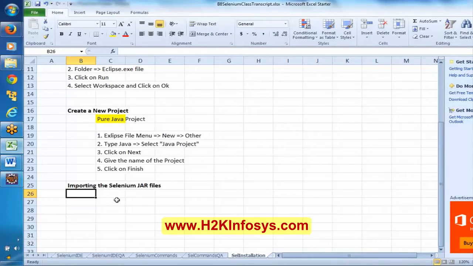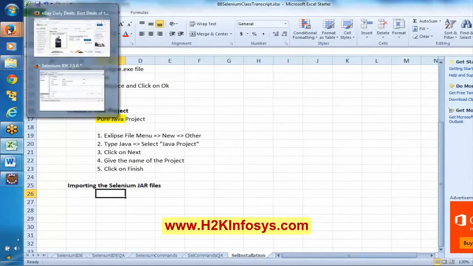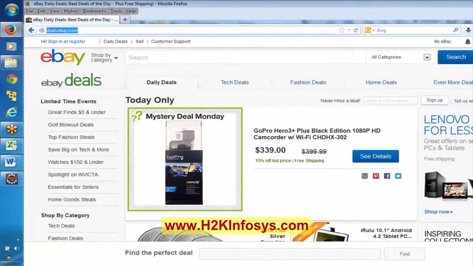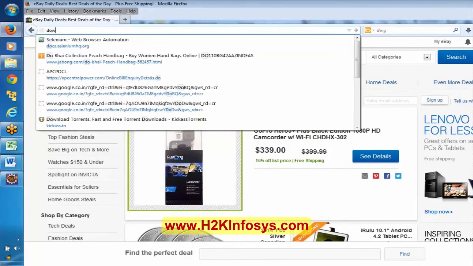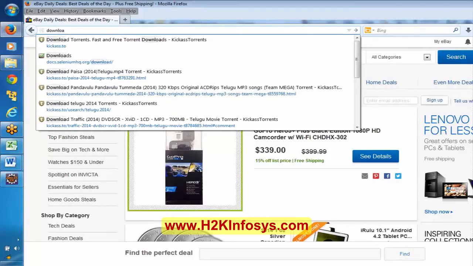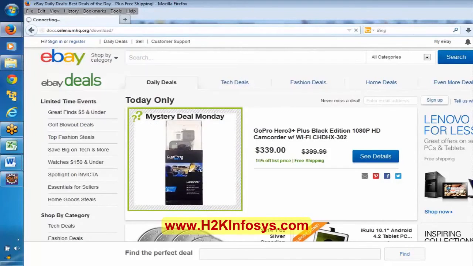In other words, we are configuring the Selenium supporting files to the pure Java project here. Now, everyone observe here. If you remember, I asked you to download, in the document, from this website. Download.